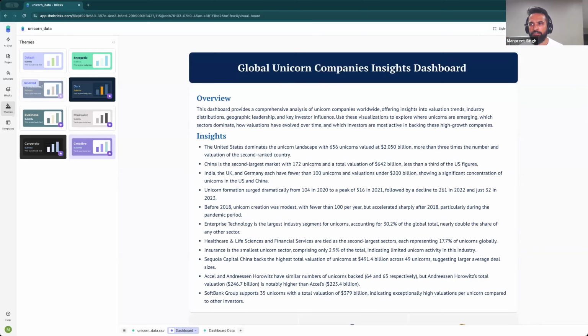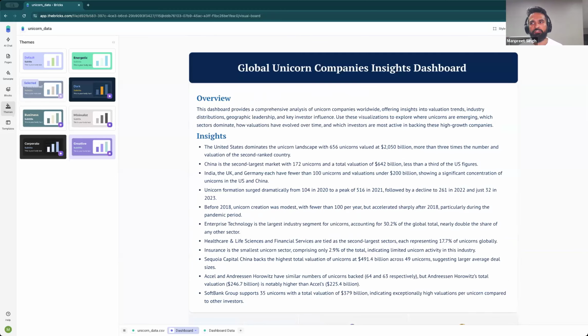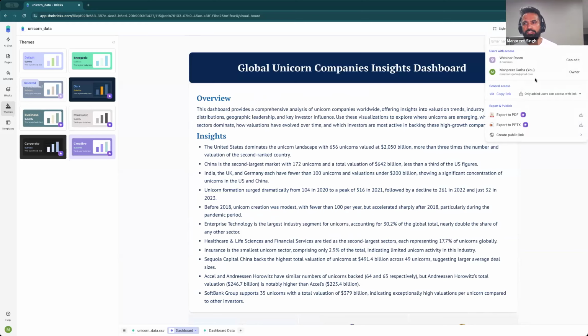So, and yeah, the other aspect is the sharing aspect. Once the dashboard has been generated, you would probably want to share it with your team. And we give multiple options for the sharing. You could share it by using the email ID of the user that you want to share it with. You could say that any user with link can edit, and you could copy the link. Or you could do a viewable copy by choosing what pages you want to share